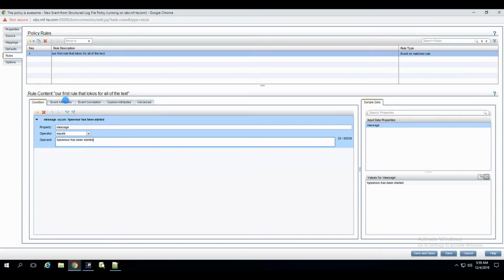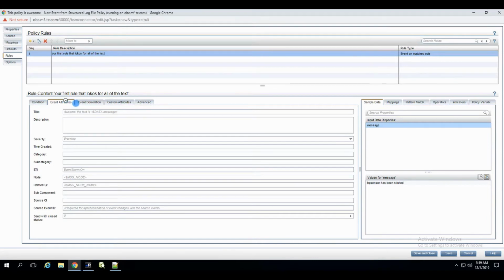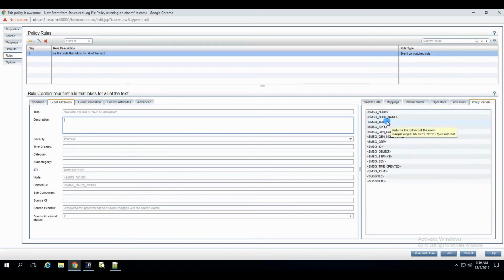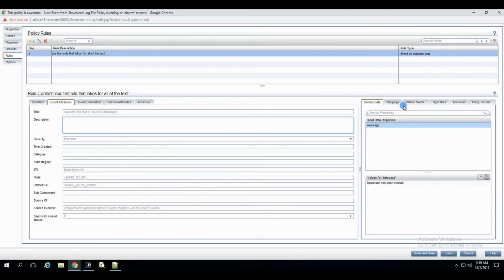Okay, then we can go to event attributes and we can either keep it as it is or override some of the defaults that we created earlier. As you see, the defaults are already stated over here. And I say, you know what, we specified enough default rules to keep it as it is. Okay, but in the description, I want to specify this, the values that we're going to get later. If I would drag and drop this, it would not be